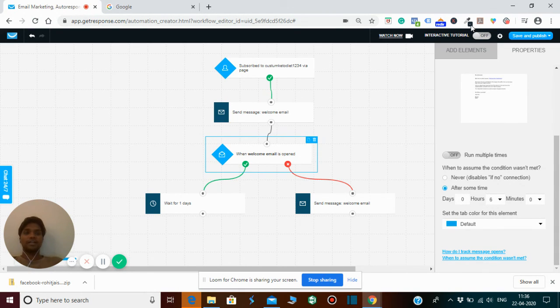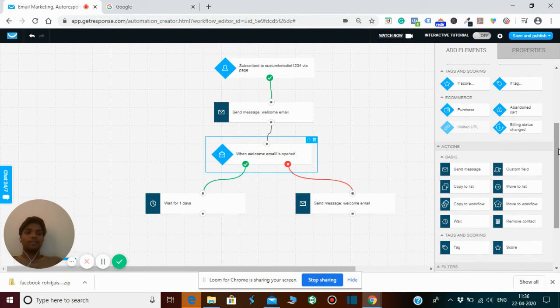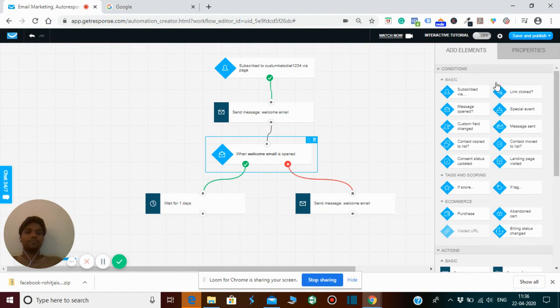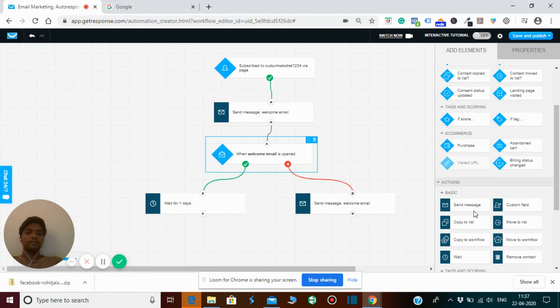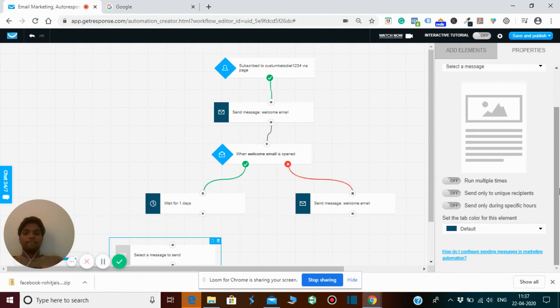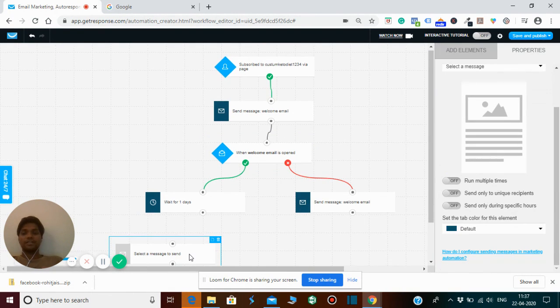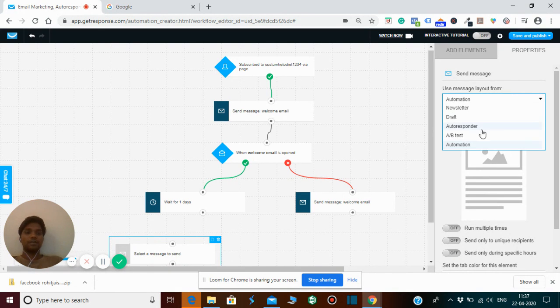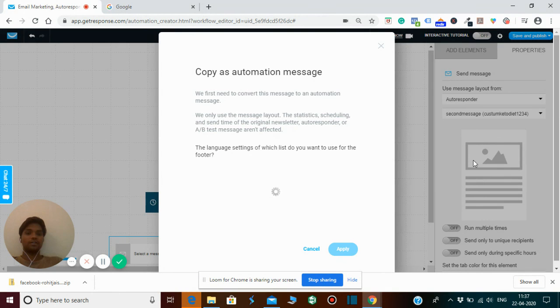Another thing is that you have to click on this add button, and after that you have to click send message, and after 1 day you will select a message. Which message do you want to send? For example, I'm writing message two. So the second message, yes, you have to write down the second message.